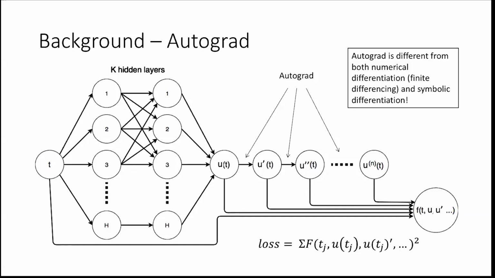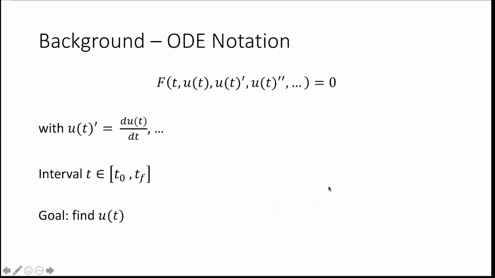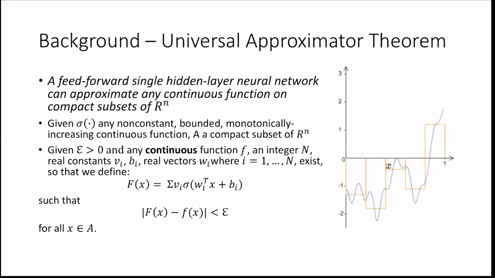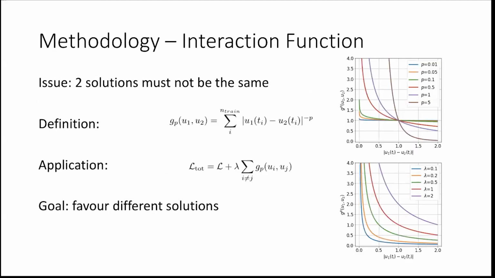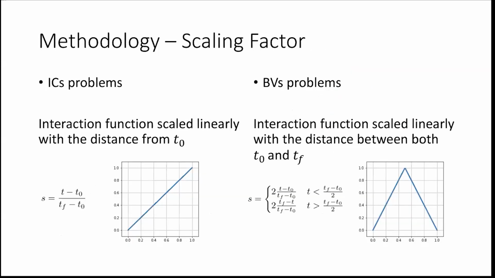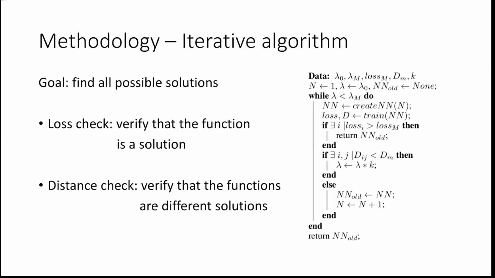So if it's less than that, it means that the sum of the f is near 0, and since f is defined as the differential equation, it means that we solve the differential equation. Yeah. So my question is, how do you choose the value of this loss M? So it's 10 to the minus 3 or 10 to the minus